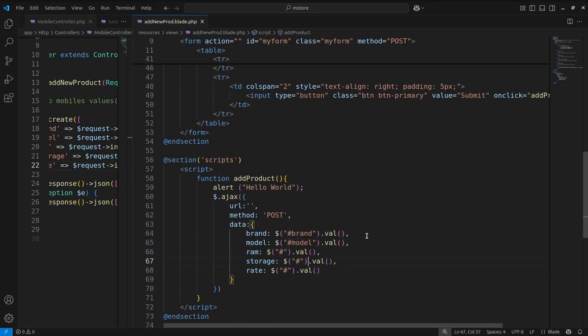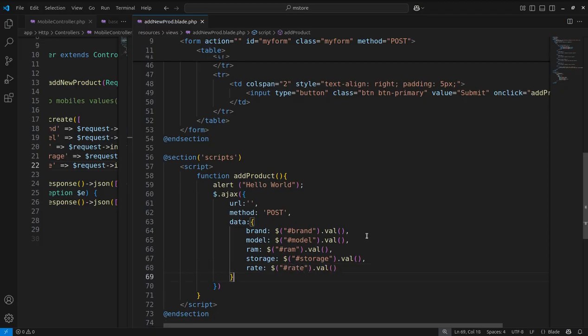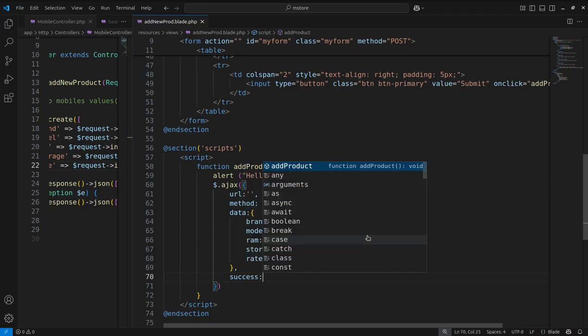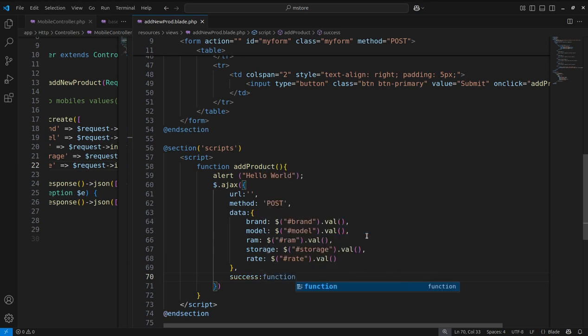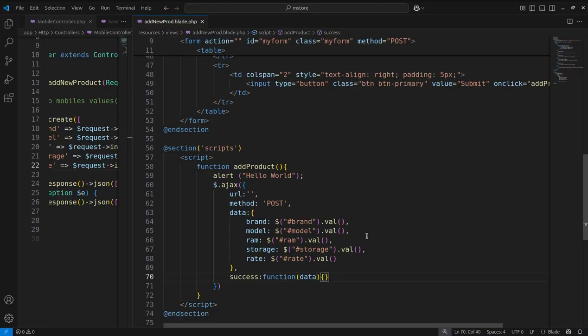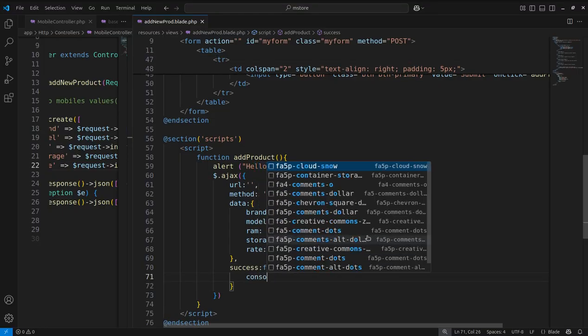So as for RAM, it remains the same, and so as for storage, and last, rate. All right. Finally, after data, it will return either the success or the failure, but in either case, it's going to call a function. Success will take only one parameter, that is data, and here we'll just display the message,